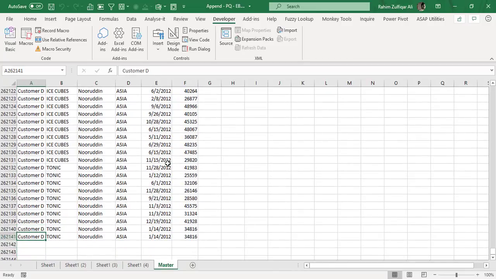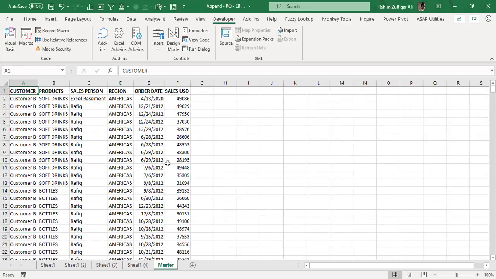Now you can see that if I multiply 65,536 by 4, because we have 4 sheets, it is 2,62,144 rows. As you can see, the data has been appended through 262141. Why are 3 missing? Because on the other 3 sheets there was a header, and the header will not repeat, it will come one time.